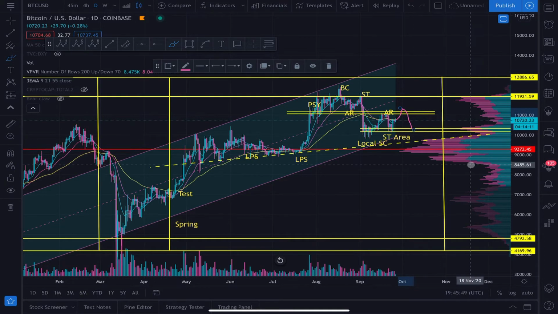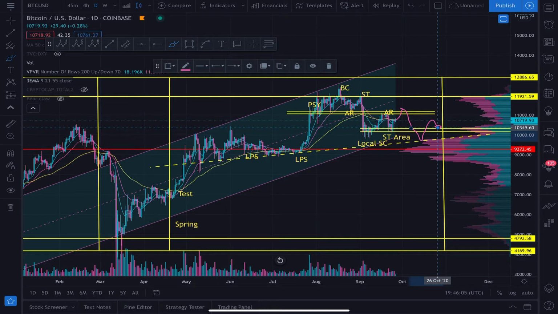We could get a spring. So the spring could come in, bounce off of that, probably close the CME gap. We would then come back into the range and test. If we get a solid test after falling out of the range, that is going to be a very bullish